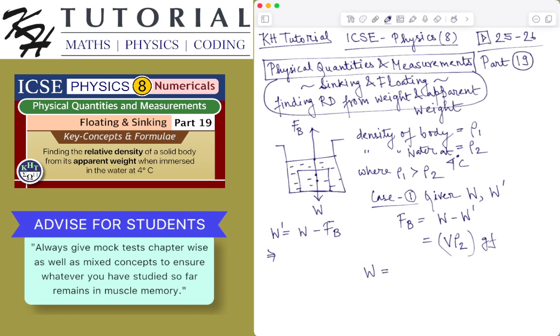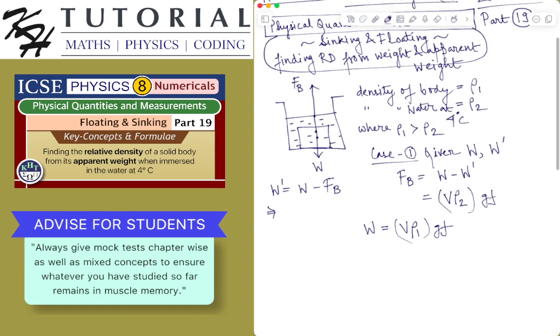W is based on the volume of the body and its density. This much, V into rho 1, is the mass of the body. This much gram force is the weight of the body. So clearly we can see that the relative density